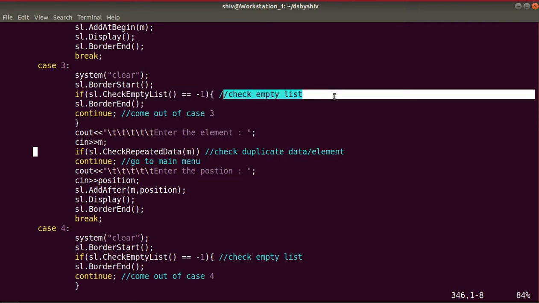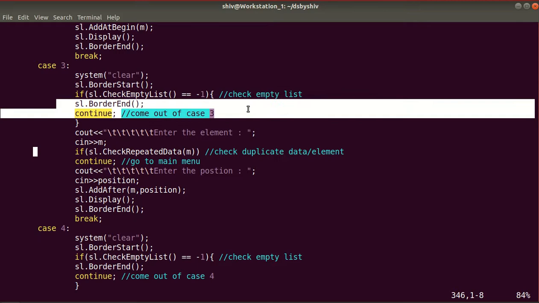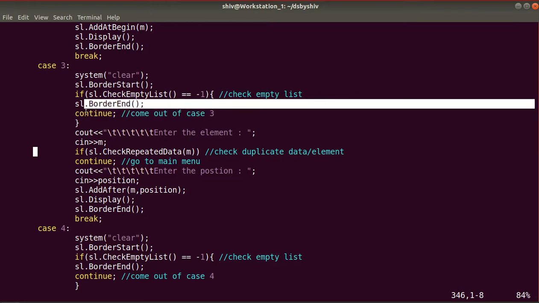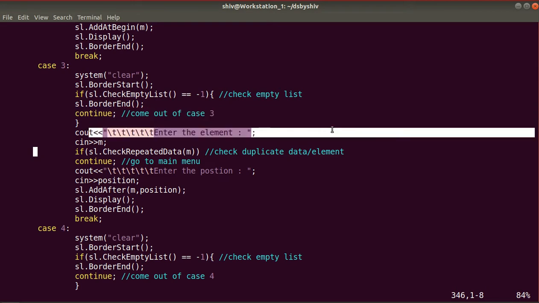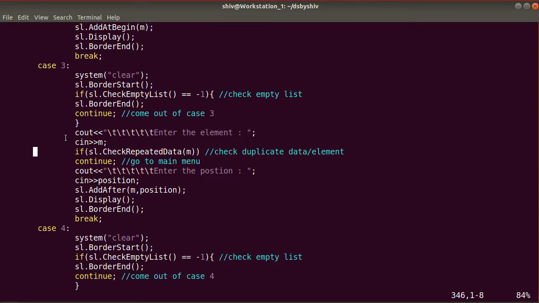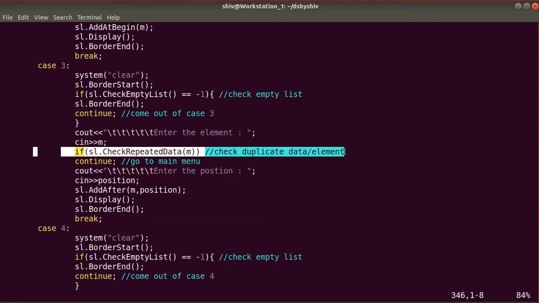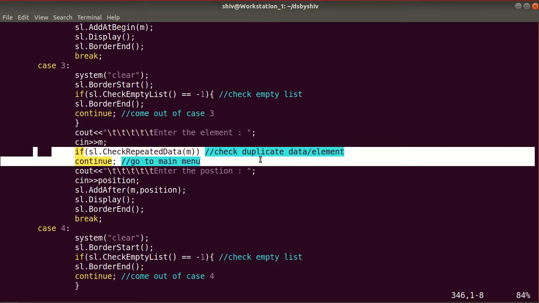If it is empty, then we need to draw some border and come out of case 3. If it is not empty, then we will ask the user to enter the element which he wants to insert. We'll take the input from the user and check whether that element already exists, means we check for duplicate data here. If it is true, then we will send him to the main menu.